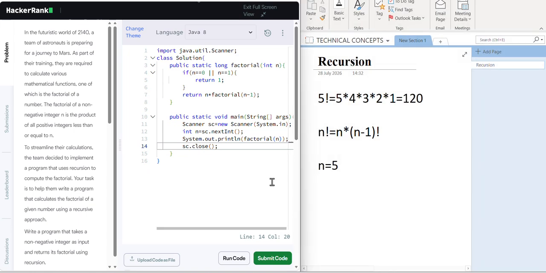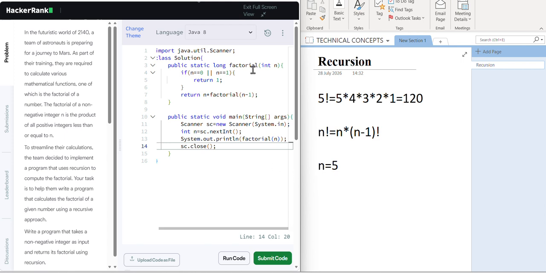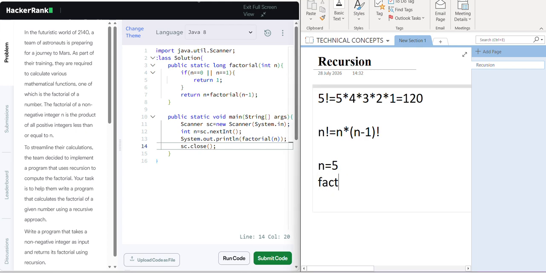Next, first it will check whether the n value 5 is 1 or 0, and then it will execute this. The n value is 5, since it called factorial of 5.